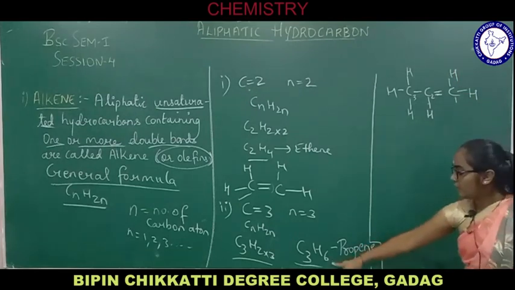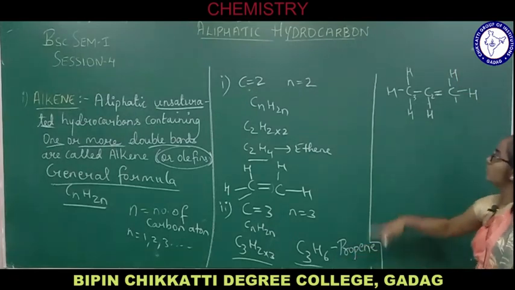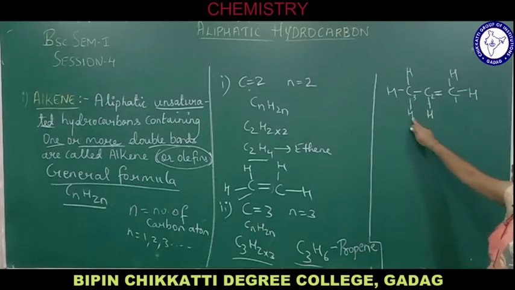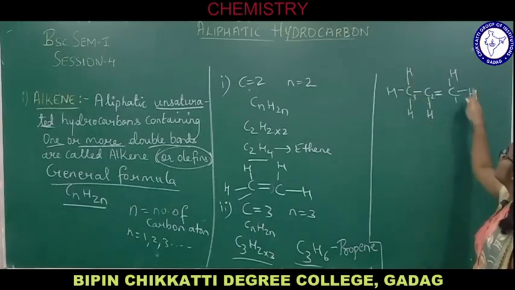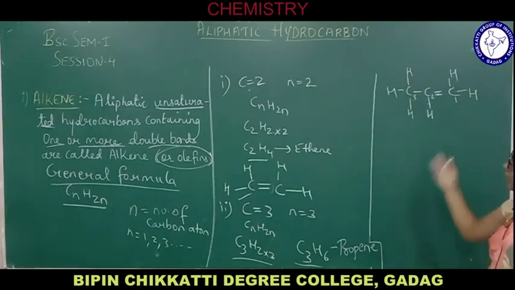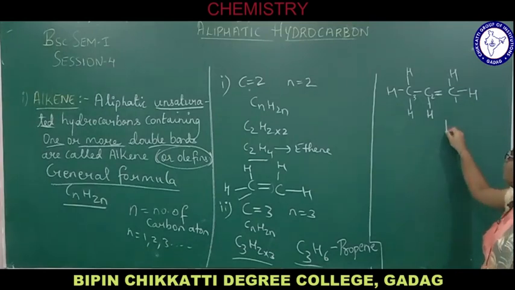Let's count the number of hydrogens. 6 hydrogens are there. So here is it 6 hydrogen? 1, 2, 3, 4, 5, 6. Done. So the name for this structure is